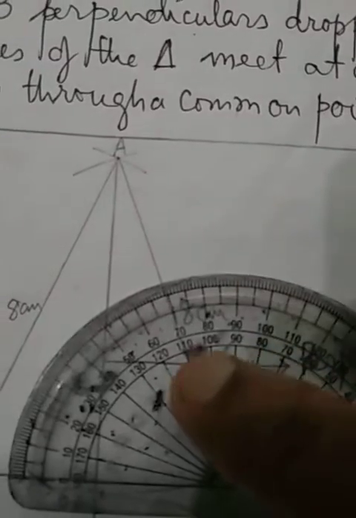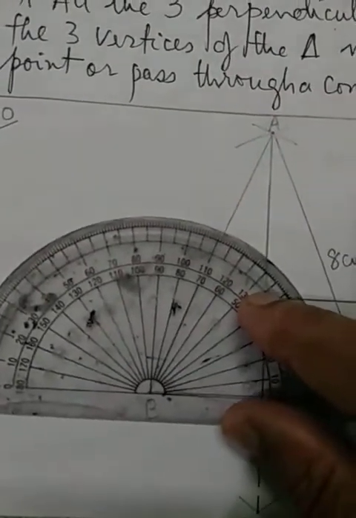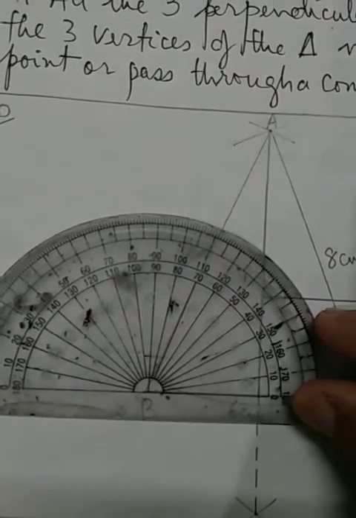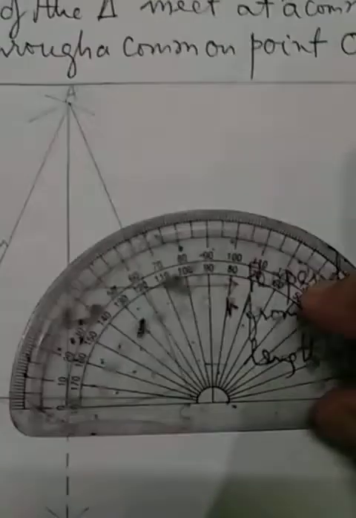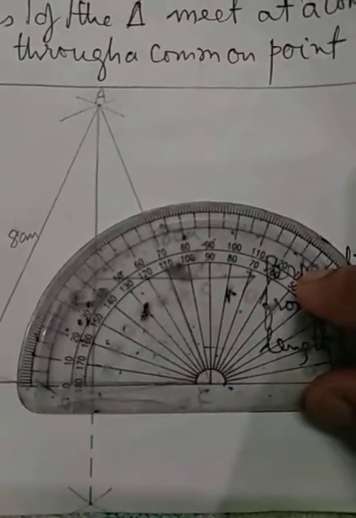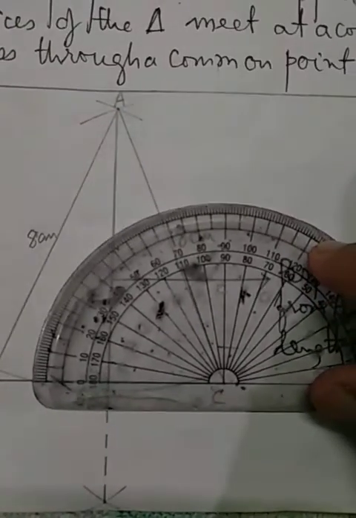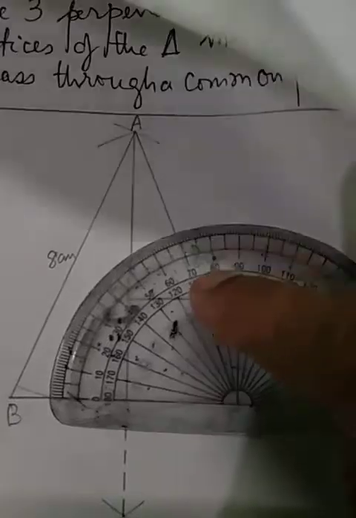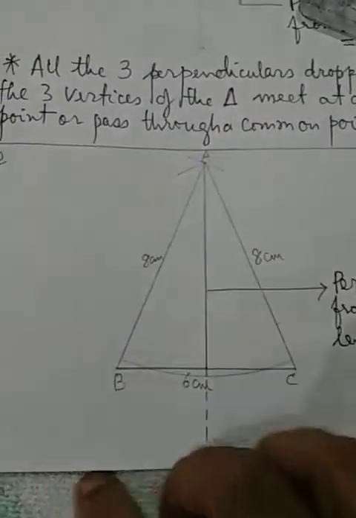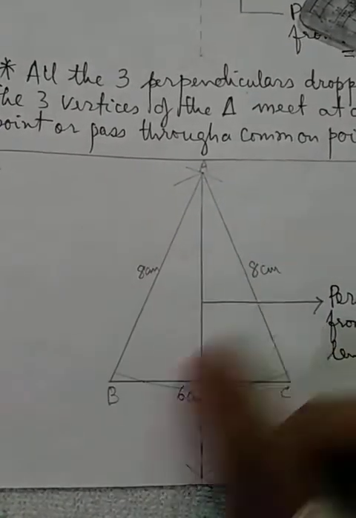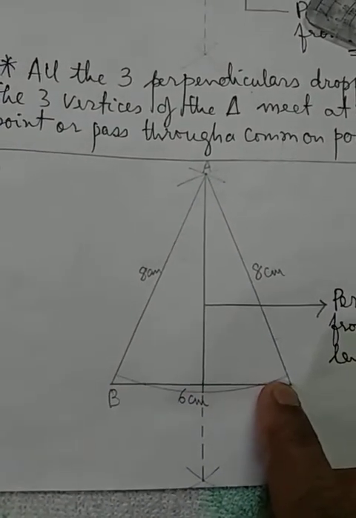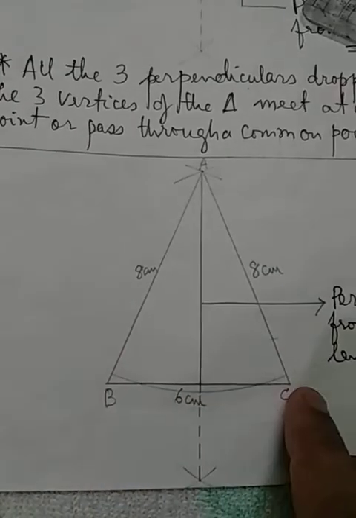Now according to me what it appears is roughly 70 degrees. See, let's say this angle is roughly coming 70. So you see this angle on the left coming 70, this angle on the right also roughly coming 70. Why? In an isosceles triangle, base angles are equal. In an isosceles triangle, sides are equal. Base angles will have the same value. That is why they are coming 70, 70.